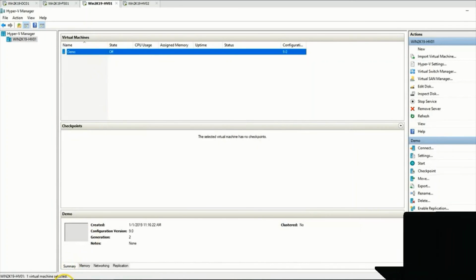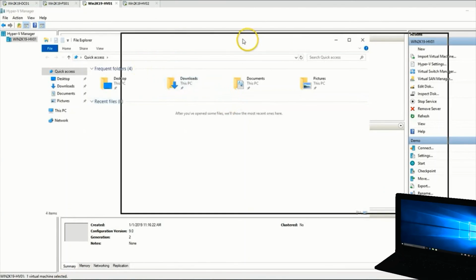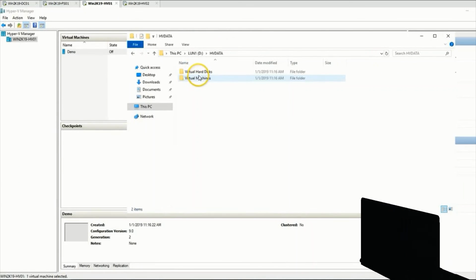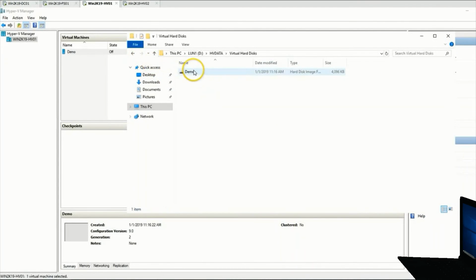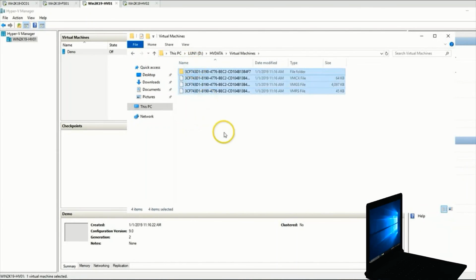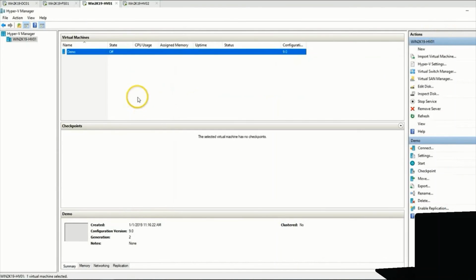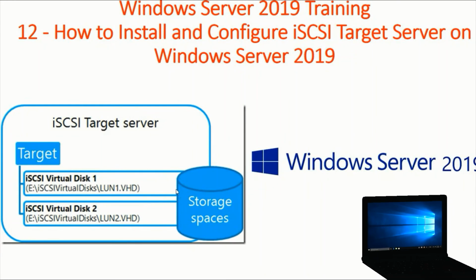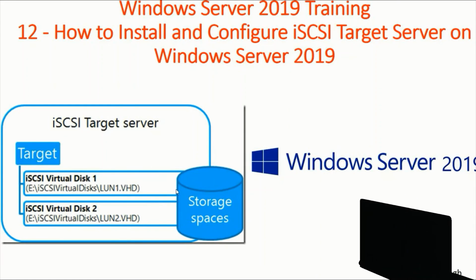So now you can see this machine is created, and the storage is given to the iSCSI storage disk, which is coming from storage. You can see the disk is here for the virtual machine. You can see the virtual machine files are there. So this is all about how you can install and configure iSCSI target on